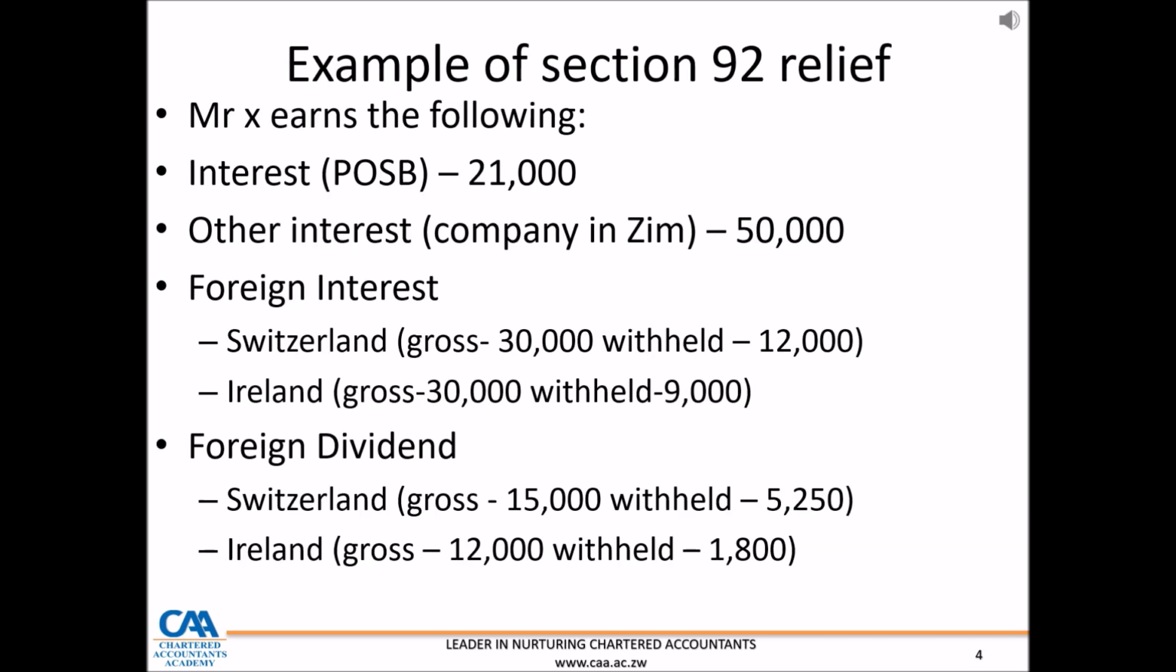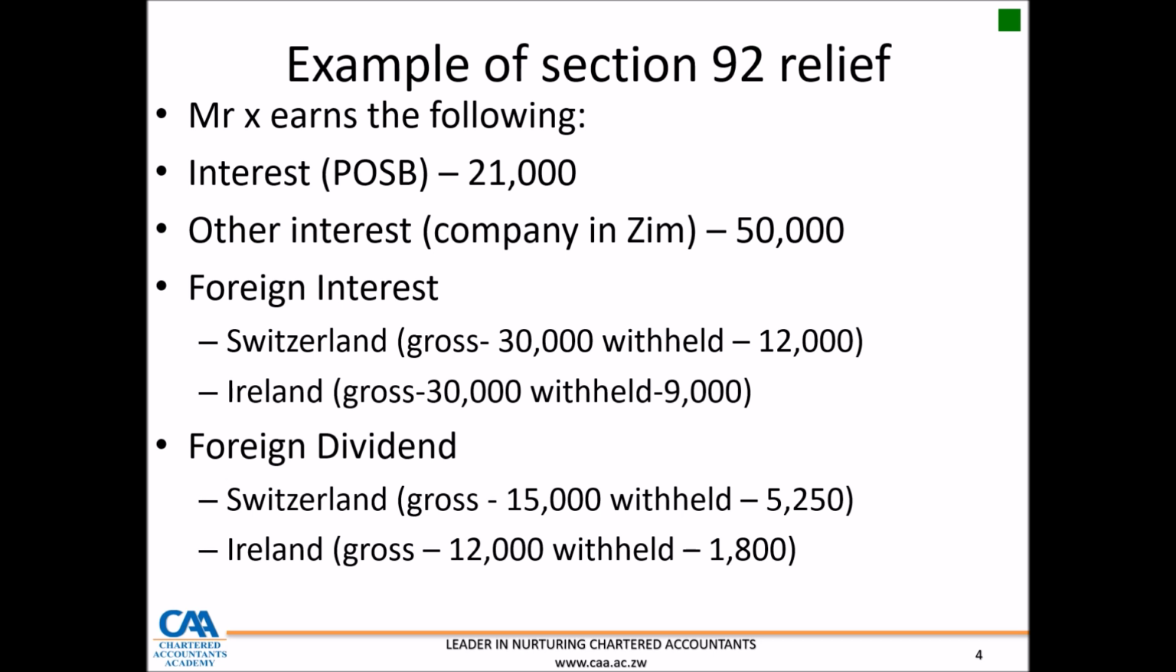So now let's go into an actual example so that you can see how Section 92 works. Let's take, for instance, Mr. X, who earns the following. He earns interest from POSB in Zimbabwe of 21,000. He also earns interest from a company that he gave a loan to of 50,000. He also earns foreign interest from Switzerland, a gross amount of 30,000, and Switzerland withholds 12,000. So he has a net there of